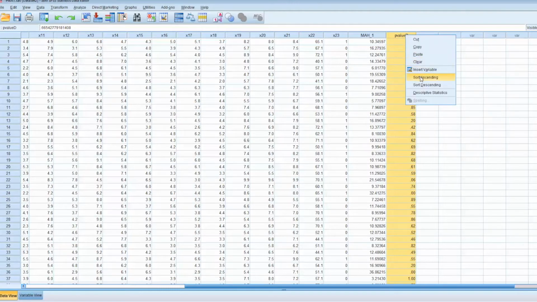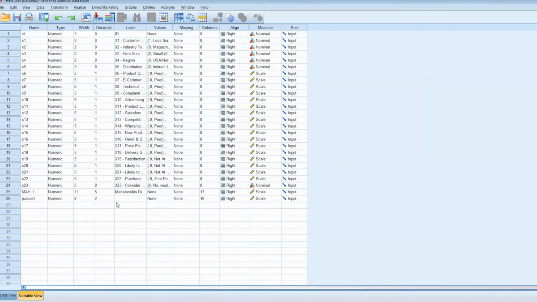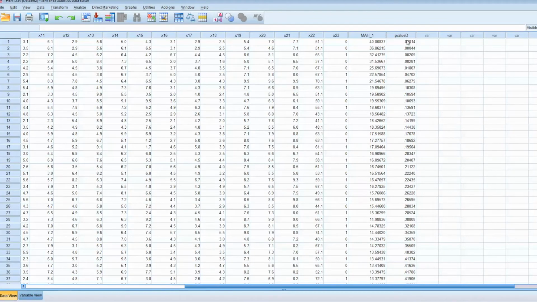Select the p_value_d column, right-click, and select Sort Ascending. We will have the p-values sorted from lowest to highest. Then select the Variable View tab and change the decimals for p_value_d to 5. You can see that there are two cases with p-values less than 0.001, and these are outliers.